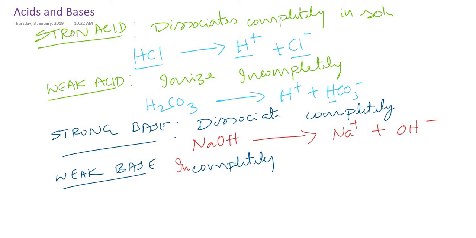If you want an example, ammonia is a base which is released in our body as a result of deamination of amino acids. This ammonia, in aqueous solution, that means in the presence of water, will dissociate partially. It will give ammonium, which is an acid, and hydroxide ions. Okay, this is with respect to strong acid, weak acid, strong base, weak base.